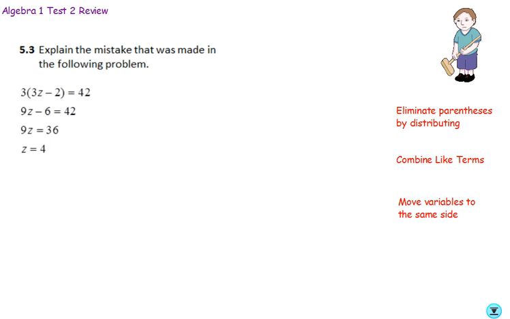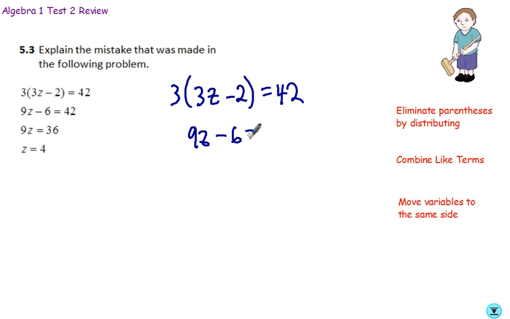And then on 5.3, looking for the mistake on this one. At first, it's not the same mistake with the distributing. Let's work it out real quick and see if we can spot the mistake. So it looks like they distributed correctly. 3 times 3 gives you 9z. 3 times negative 2 would give you negative 6. And then when you went to solve from here,